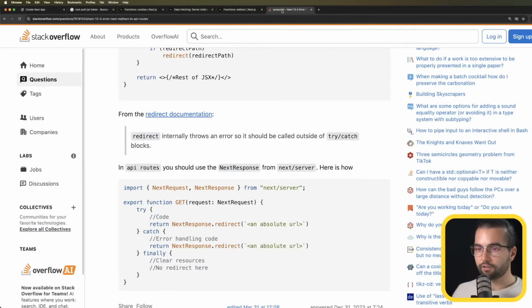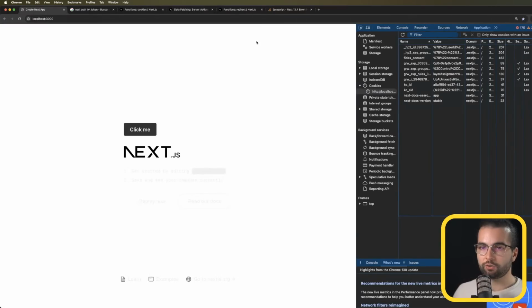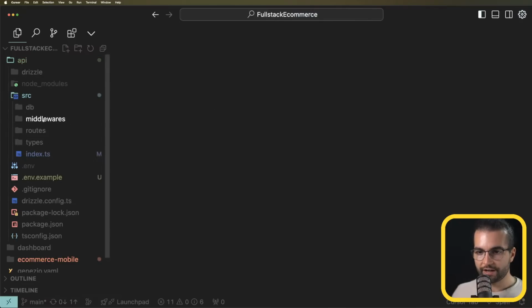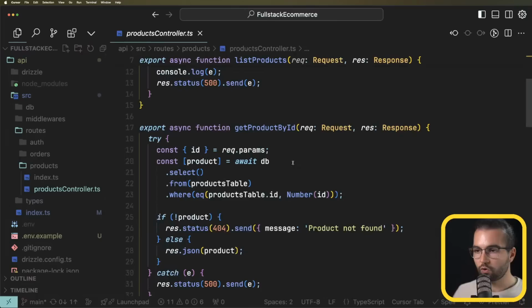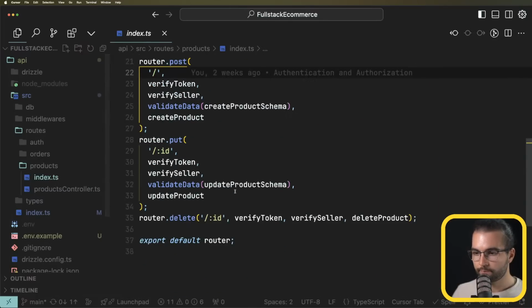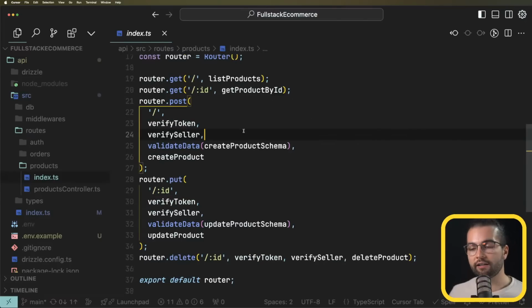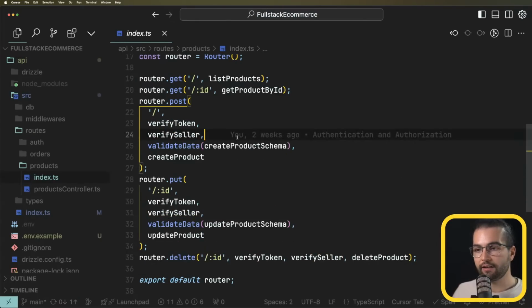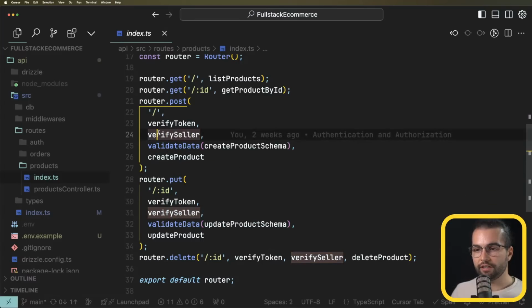Let's continue. Now that we have the token, we have authentication, we are going to be able to call functions on our API, such as, in the products routes, the post request. And because this one is only allowed for logged in users and the ones that have a seller role, what I will do is I'll go ahead and